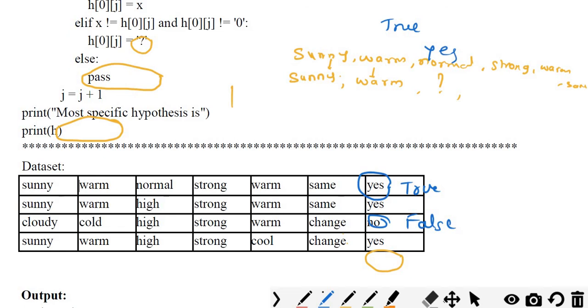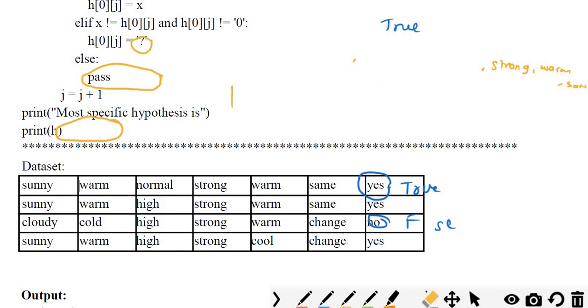The choice is yours, but the value should be the same. If it is yes here, there also it should be yes. If it is true here, there also it should be true. Please check, and according to the data set that you have taken, you have to write it. And we have saved this data set as tennis1.csv. When you execute this program, we will get the result as